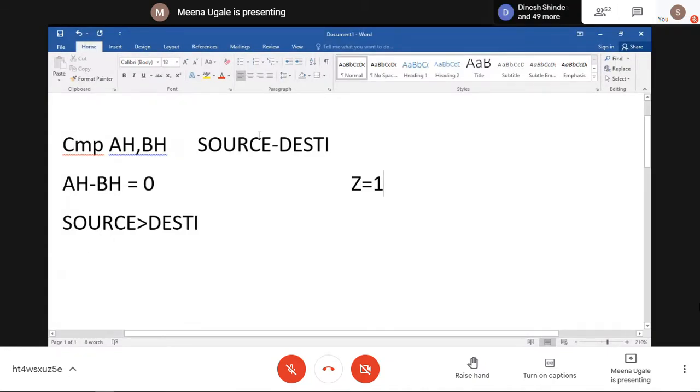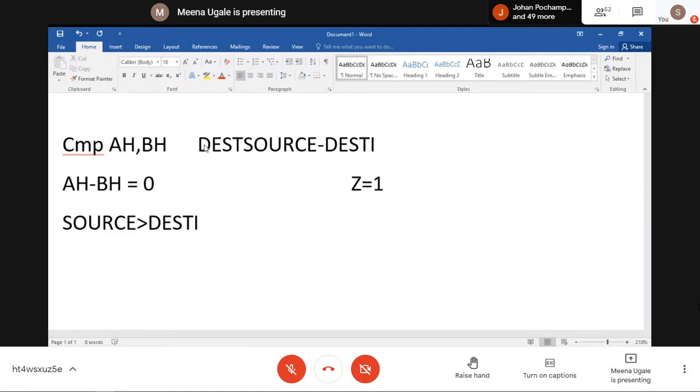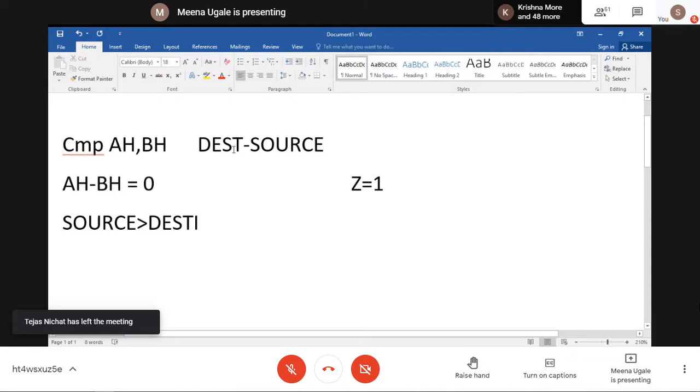If not, if source is greater than destination. Wait a minute, I have written this reversed. This is subtracting source from destination. Destination minus source. My mistake. Okay. So in this case, what will happen if destination minus source, and source is greater than destination?